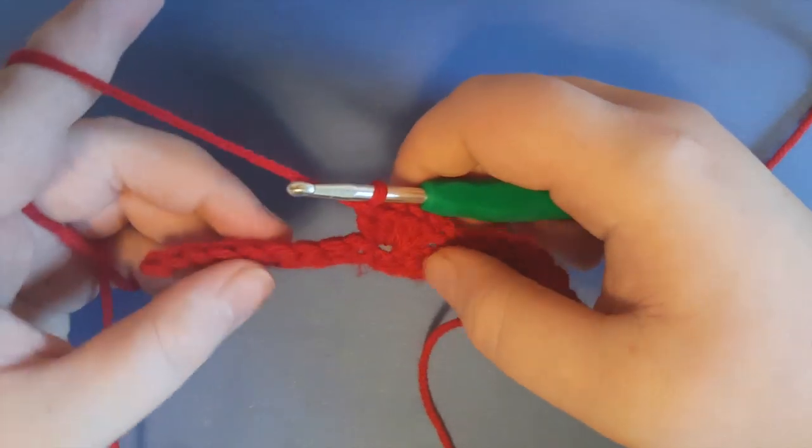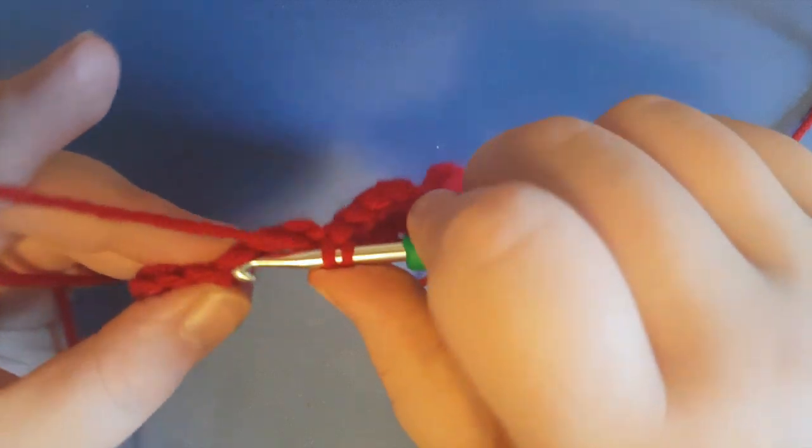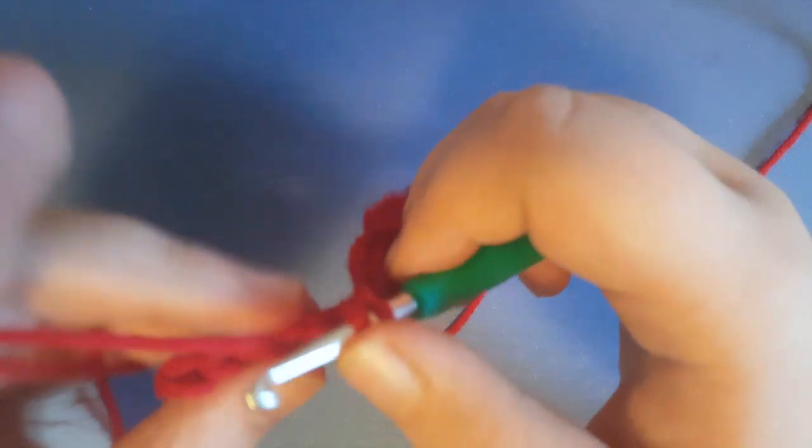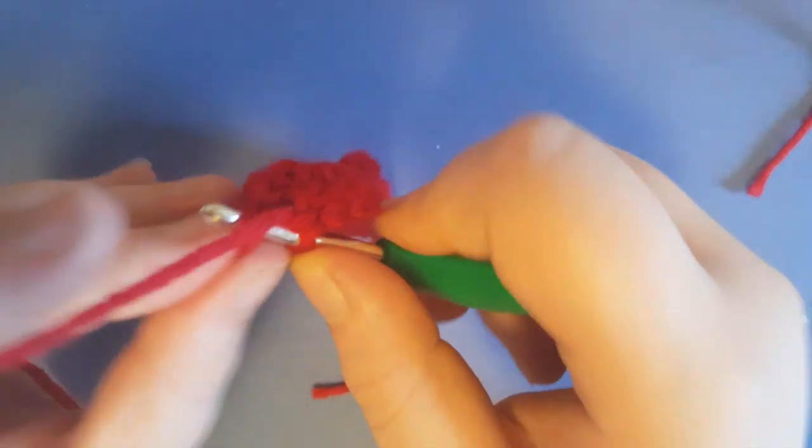Alright, and then we're going to skip 2, single crochet into that third space, skip 2, 5 double crochets into that third space. So 1, 2, 3, 4, and 5. There we go. And then we are going to single crochet into that last stitch. There you go. So there is our first row